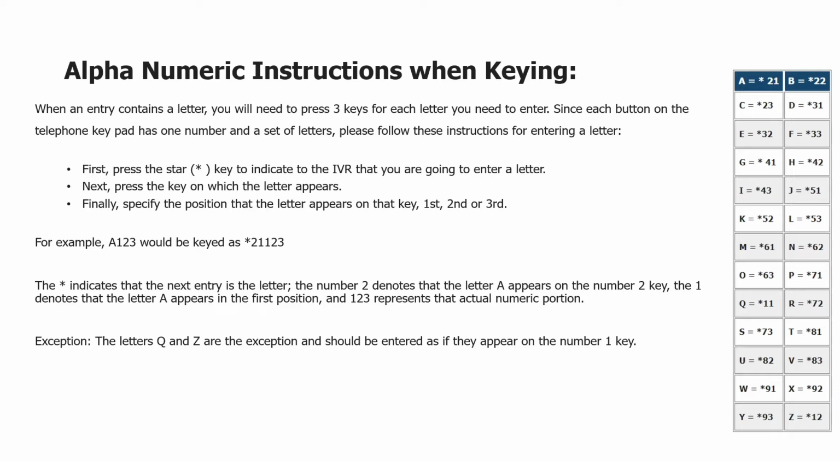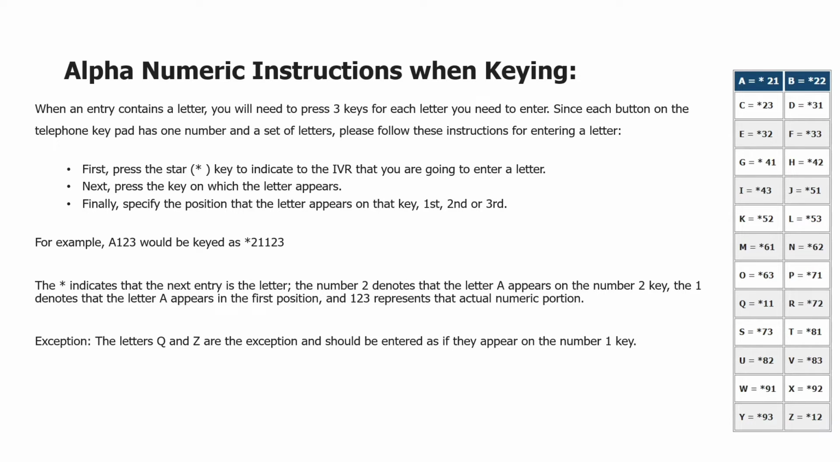Since each button on the telephone keypad has one number and a set of letters, please follow these instructions for entering a letter. First, press the star key to indicate to the IVR that you are going to enter a letter. Next, press the key on which the letter appears. Finally, specify the position that the letter appears on that key, first, second, or third. For example, A123 would be keyed as